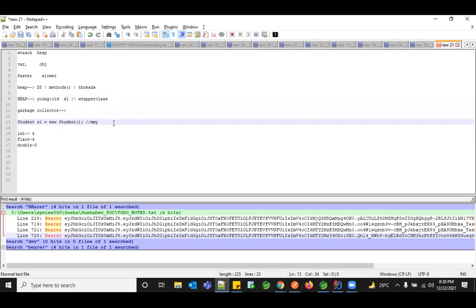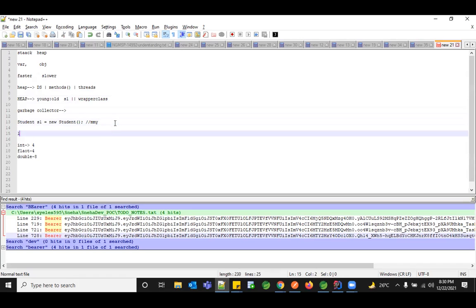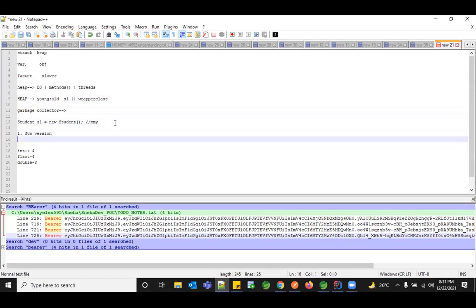So there is also a way in the JVM where the memory size of each object can be identified through various factors. The first one is your JVM version. So what kind of JVM is being internally maintained? The second thing is your heap size. Every JVM will have a heap size maintained, so it also depends on the heap size, whether it's 512 MB, 1024 MB, or 2048 MB, whatever it is. Based on that heap size also, it will internally create your object size.